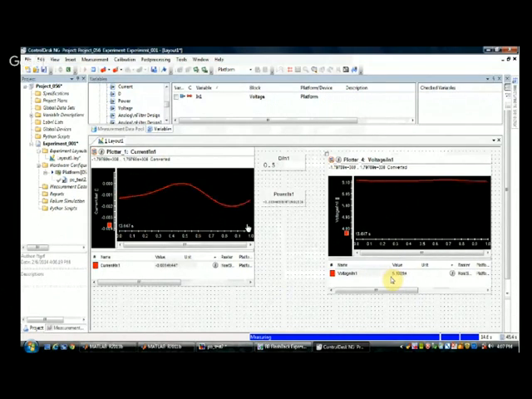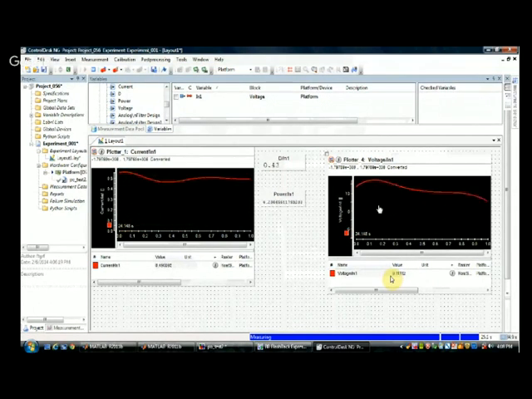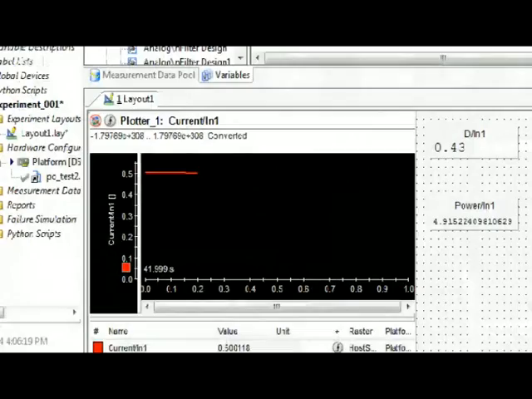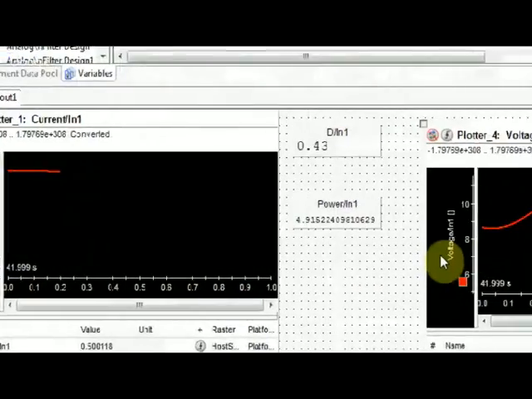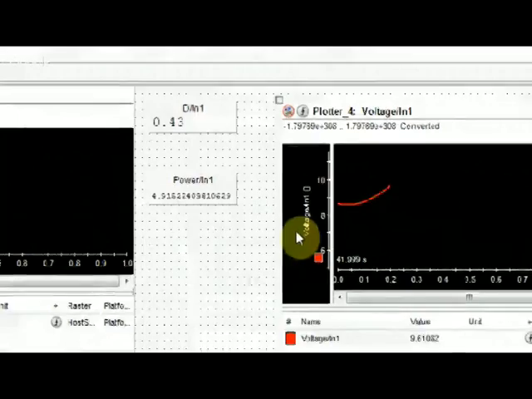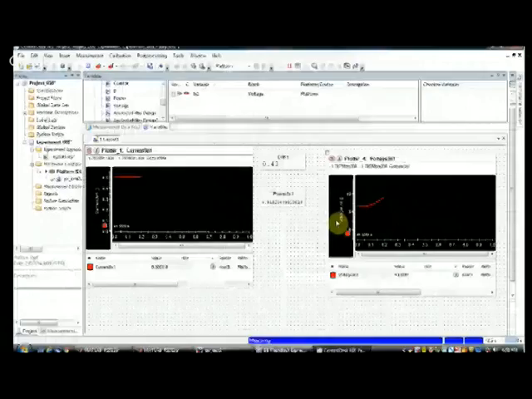So now I'll be just turning on the power, and what you can see here, the voltage is around 5 volts and current is very less, it is at 0, because this is the voltage we get in room light. When we keep the panel there, now I turned on the panel. When I turned on the panel, you can see the voltage has gone up to around 12 volts or something, and your current is also 0.5 amps. So you can see here 0.5 amps, duty cycle is 0.43, power is this, and this voltage is also varying here.